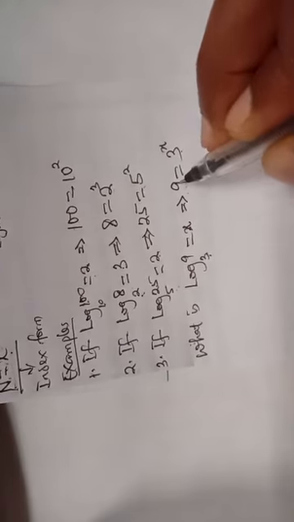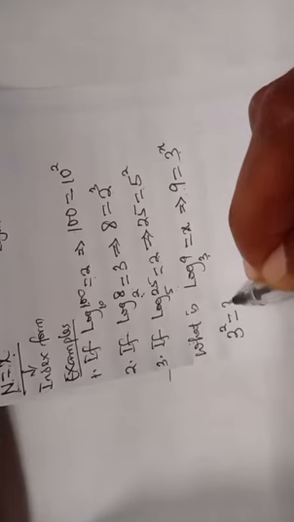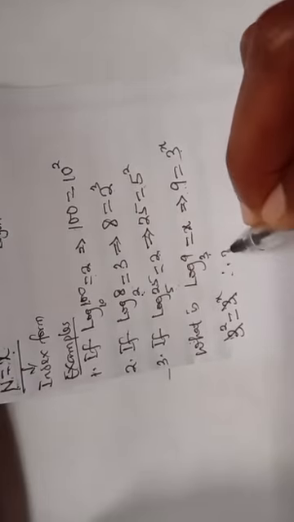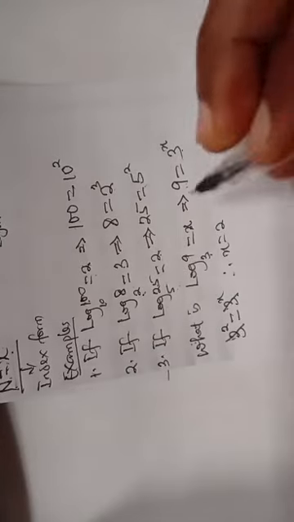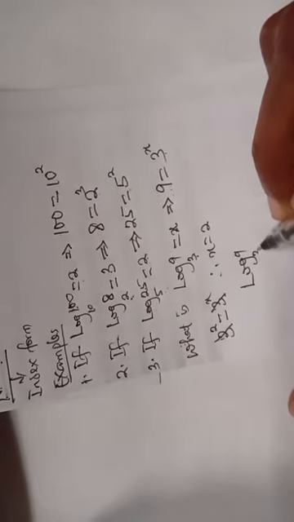Is that okay? At this point, we're going to make the two bases the same. 3 power 2 gives me 9. So I have 3 power 2, which is 9, is equal to 3 power x. Is that okay? So when I cancel the bases, I have that x is equal to 2. It means that log 9 to base 3 is 2. That means 2 is the power to which 3 must be raised to obtain 9. That's all about this particular theory of logarithm.